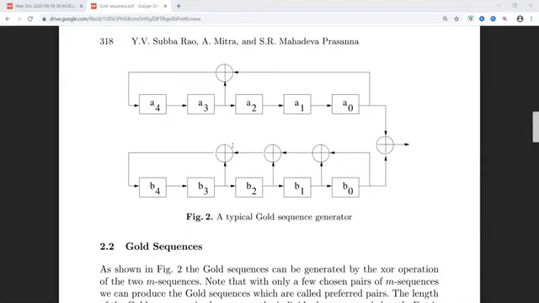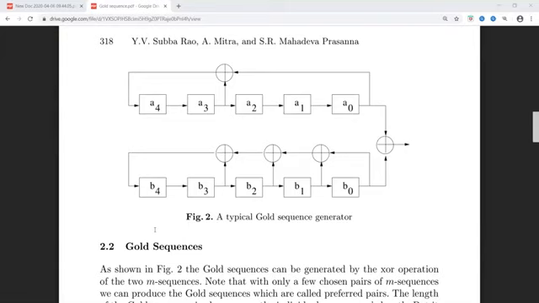You want your information to be more secure. We go to such code sequences, that is gold sequence and Kasami sequence. That means you are hiding your information with a large amount of security so that only the intended receiver should be able to receive the signal and demodulate it to extract the original information.